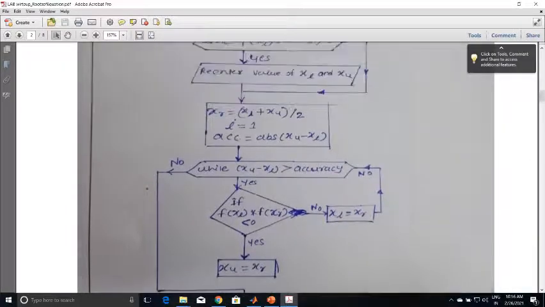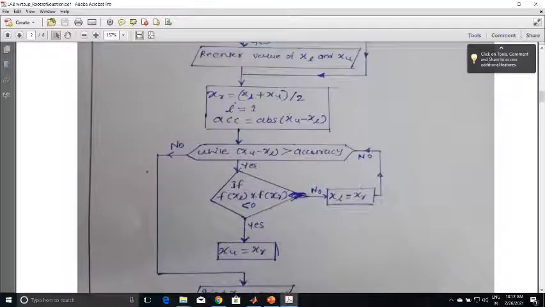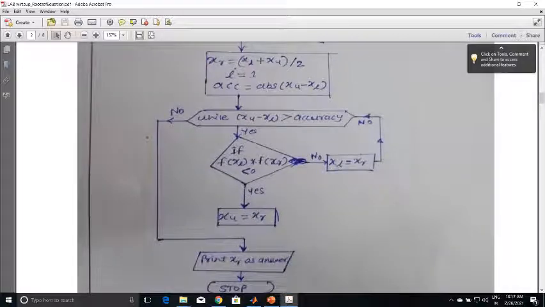If f of xl into f of xu is negative, then you check another condition: while xu minus xl is greater than the accuracy value, you check f of xl into f of xr. If it is negative, then you set xu equal to xr. If it is not negative, then you set xl equal to xr.